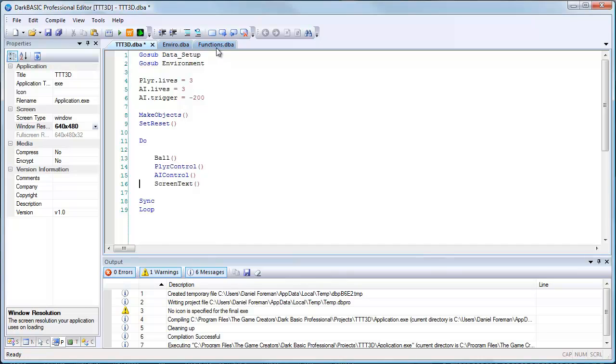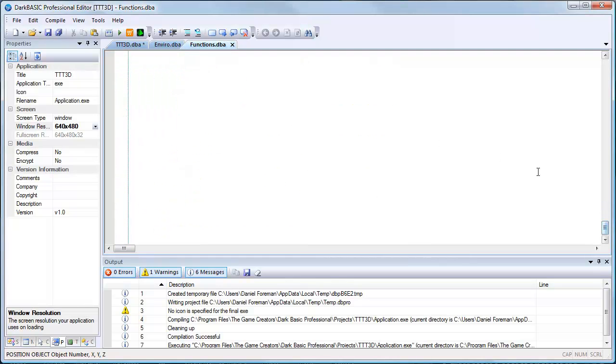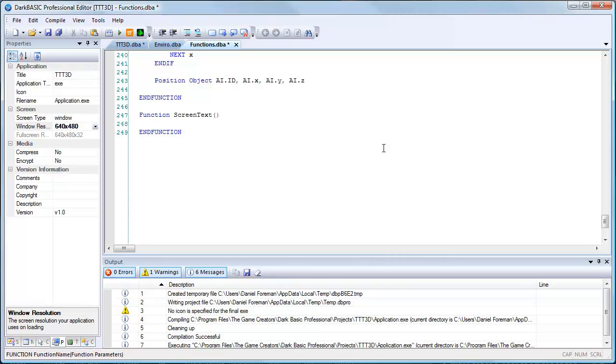We'll go to functions and we'll add the screen text. Whoops, I don't know why I'm typing in end function. Function, screen text, and now I don't need that one, don't need that one. All I need are the last two, so yeah. So center text, open bracket, screen width, close bracket, sorry, open bracket, close bracket, divided by 100